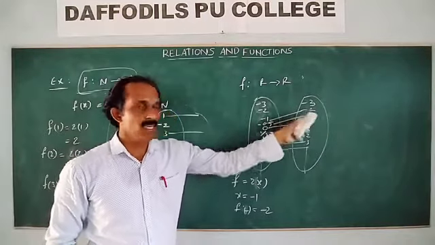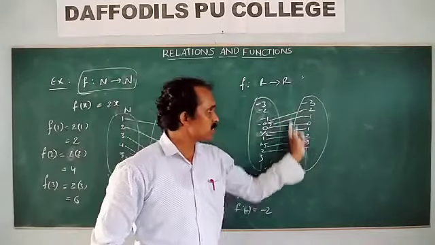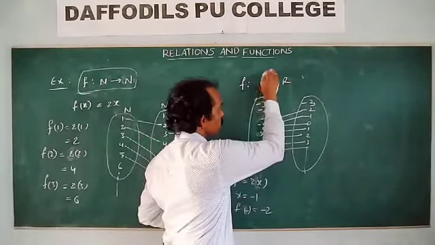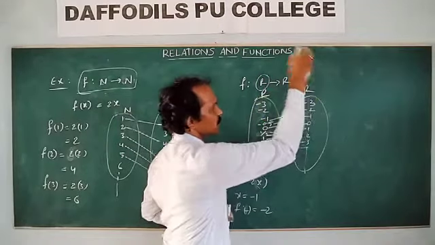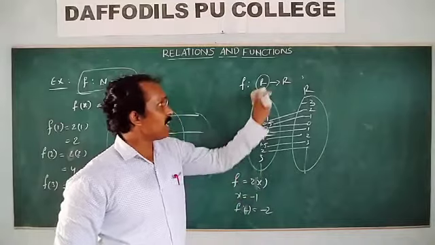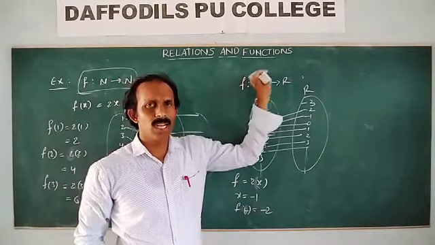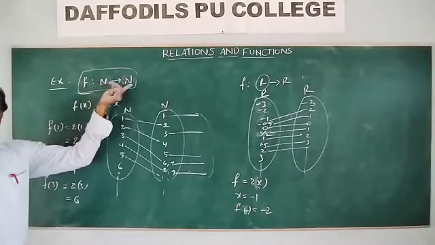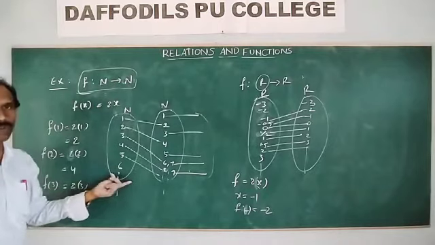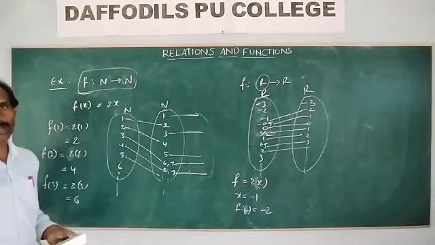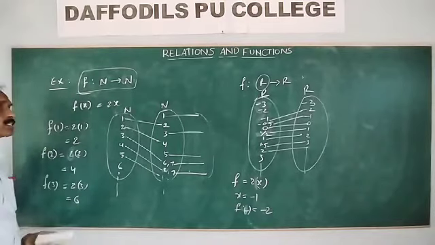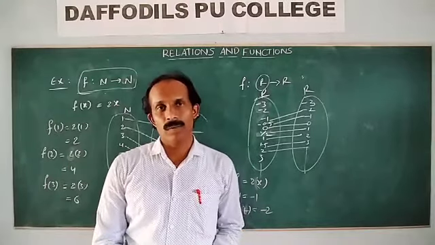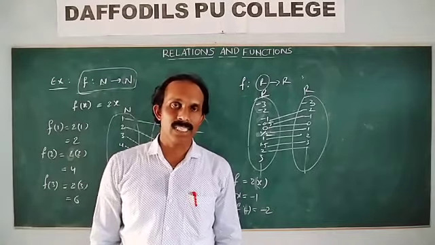Means different elements have different images, and all elements of set B have pre-images in set A, the domain set. This is the domain, this is the codomain. So this function under R to R, real numbers to real numbers, is a one-one function and onto function. But in the case of N to N, natural numbers to natural numbers, it is only one-one, but it is not onto. Okay, like this, students, we will discuss some more examples in the next class and the remaining problems of the second exercise. Okay.